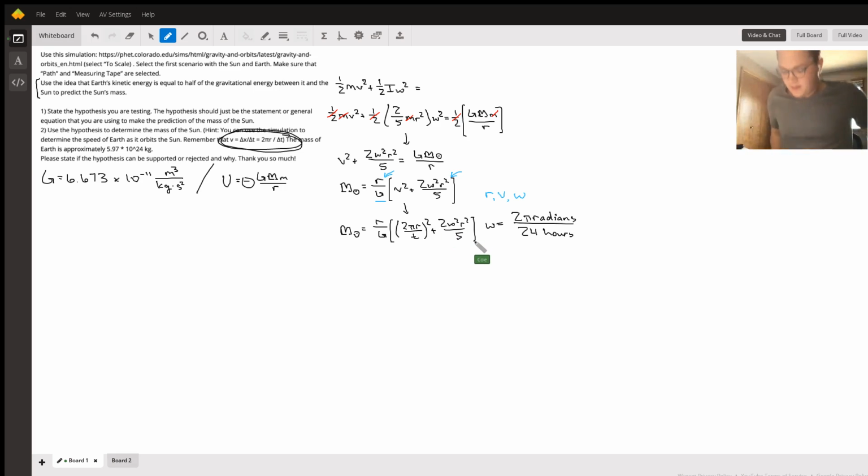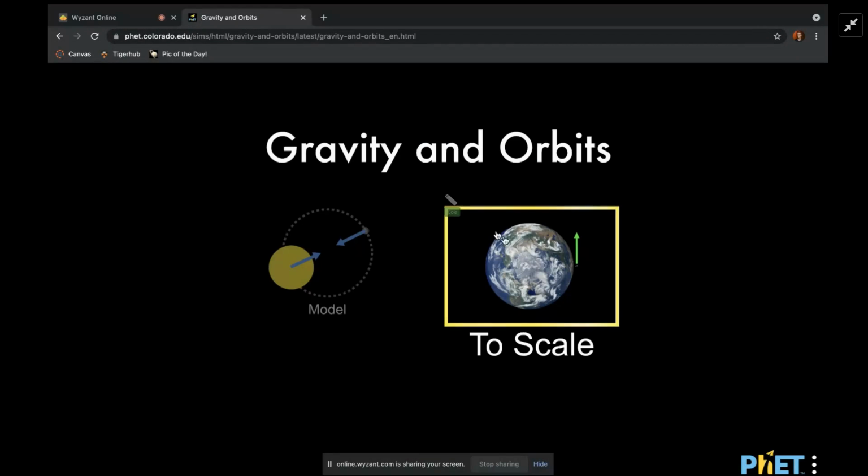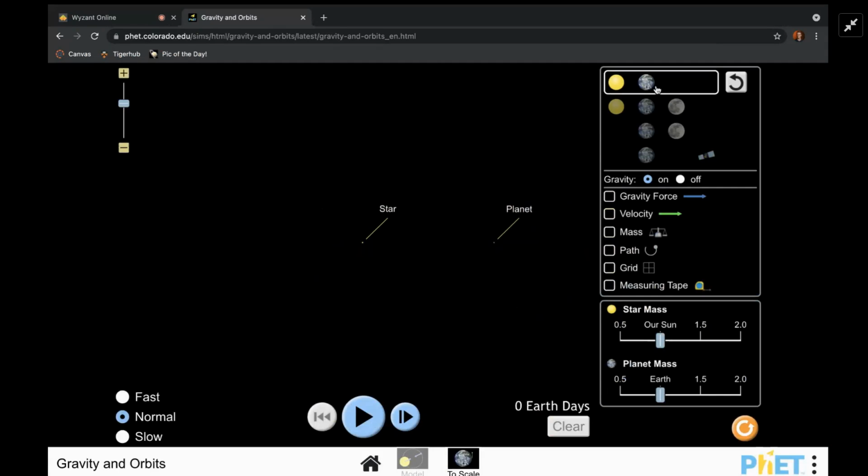Okay, so what this really represents is this 2 pi r is the circumference of a circle, right? So what do we know the circumference of a circle of? The orbit of the Earth around the sun, and we can actually get that from our simulation. Let me demonstrate by sharing my screen here. So if we go over to this, I'll hide this. We can choose our settings that we need. First scenario, path, measuring tape. We click play. Well, we have our radius,